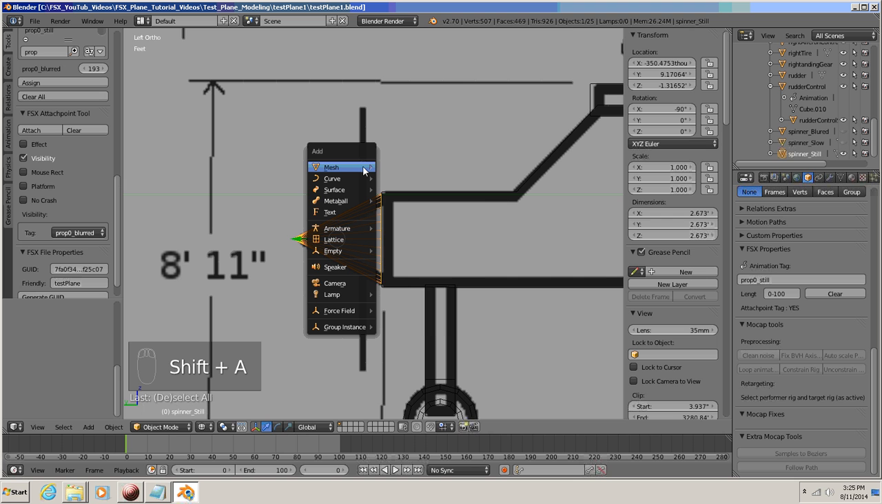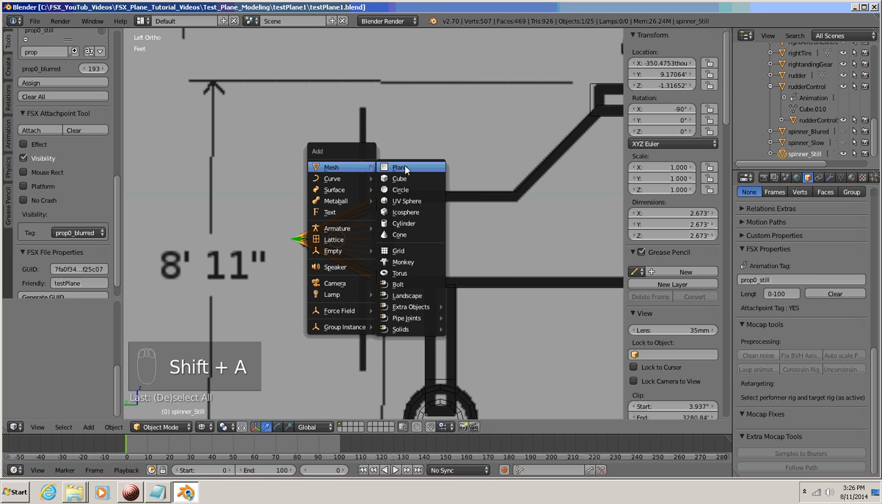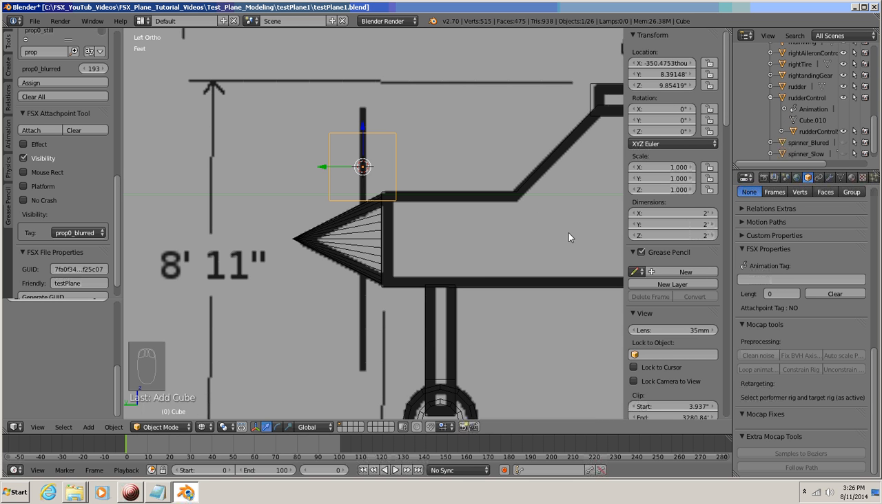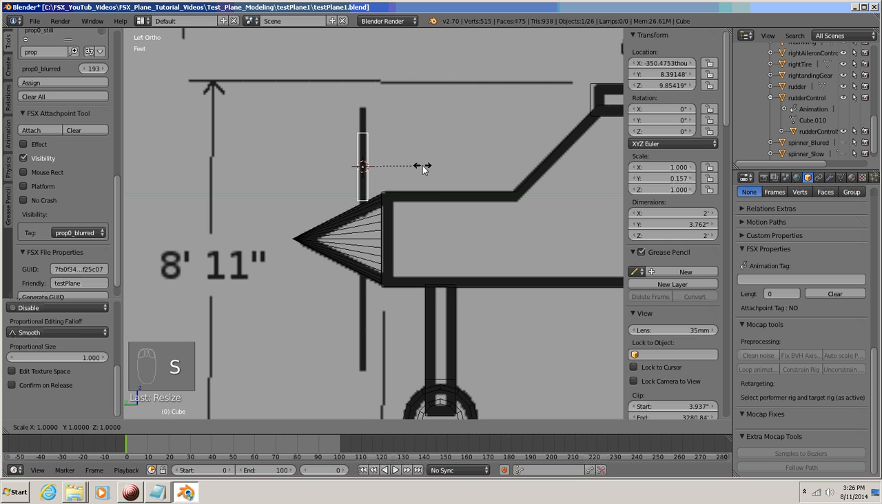We're going to hit Shift A. We're going to go Mesh, and we're going to use a cube. So we put the cube in. We're going to size it now by hitting S. We're going to size it in the Y-axis, so Y. Scale it down to about right there. We're now going to hit S to size and do it in the Z axis. So S and Z to about right